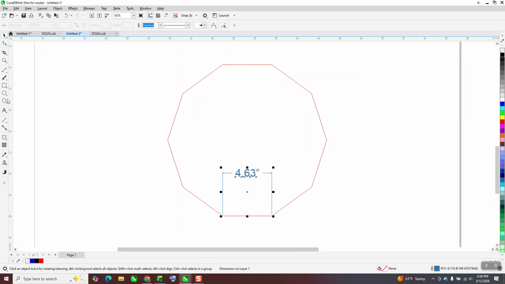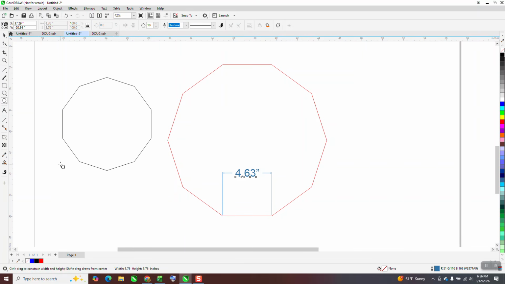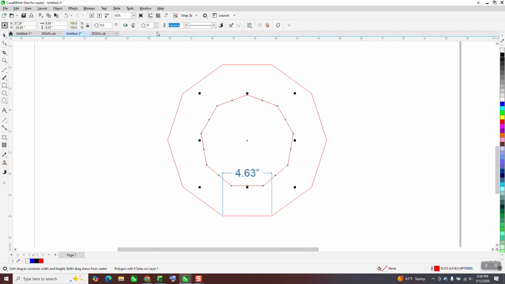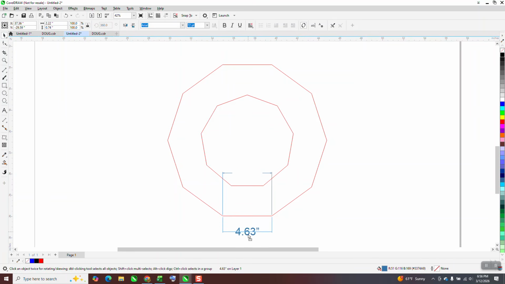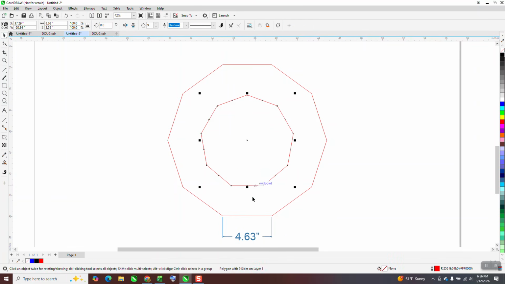So now we need to make a 9-sided polygon. So I'm going to make a 10-sided and make it 9. And then I'm going to hit P. You know what I'm going to do? I'm going to take this down and move it down here so it's not in the way. We don't need to rotate, but every other one. So I'm going to take my parallel dimension tool and mark this spot from node to node,